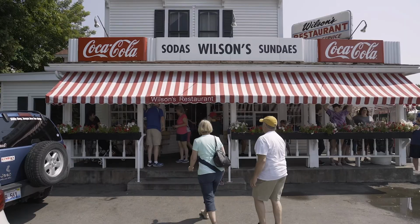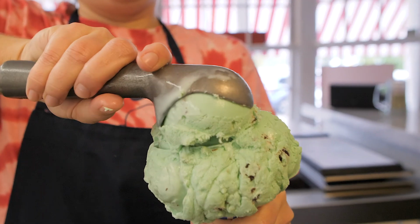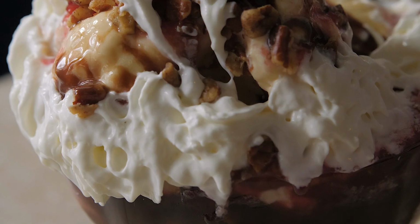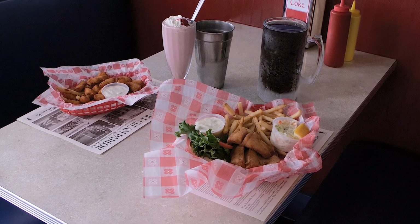Hi, my name's Nate. I'm the assistant kitchen manager here at Wilson's. Wilson's started in 1906. It's gone through a lot of different owners since then. And mostly we're famous for our ice cream, usually around 40 flavors, I think. And sundaes, of course, our root beer, which we make here, and then our burgers and sandwiches, which we prepare